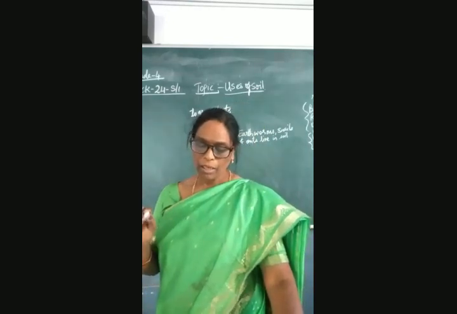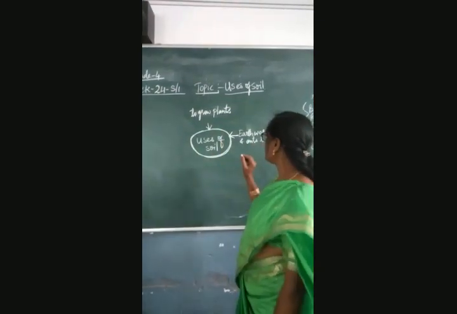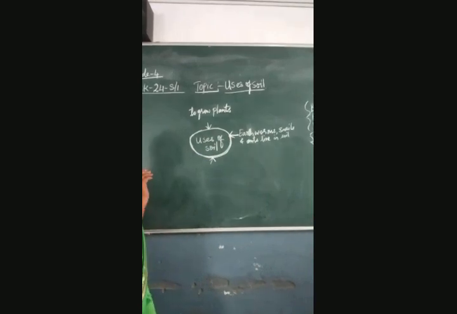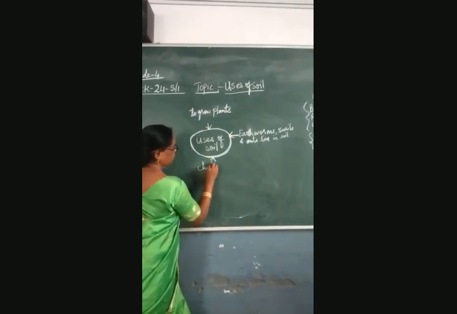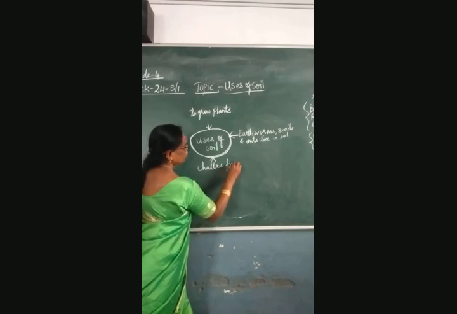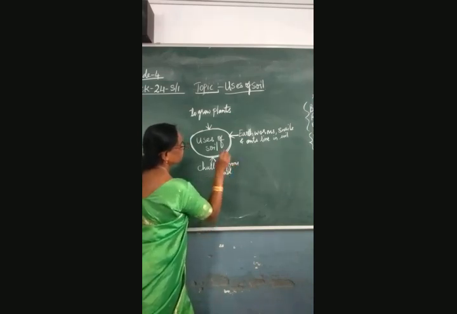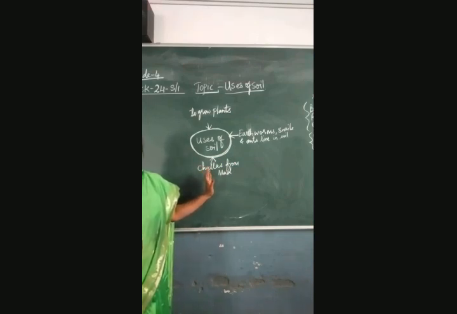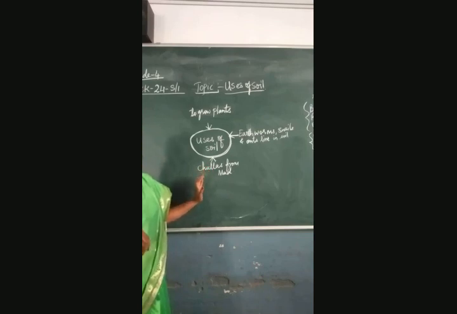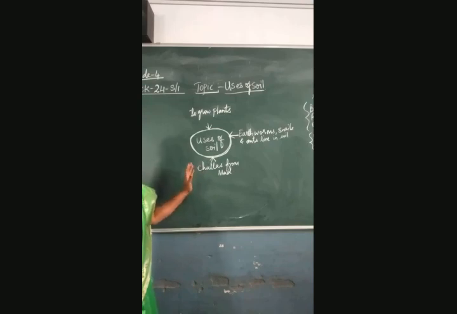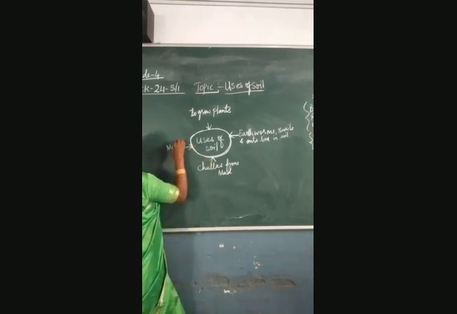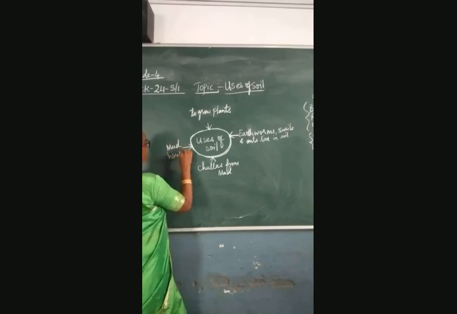So now one more thing. We will go with another point here: chillas are made from mud. From where? Mud, from soil. In villages, these earthen chillas are made from the soil. Not only chillas, children, buildings also. Earthen chillas and mud houses also. In villages you can see mud houses are prepared with this soil.